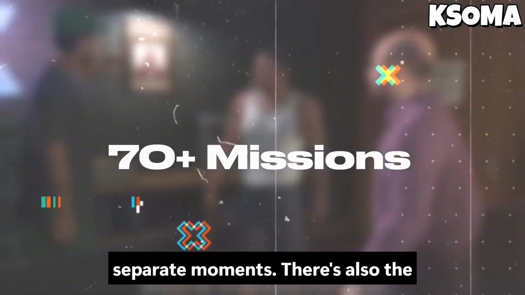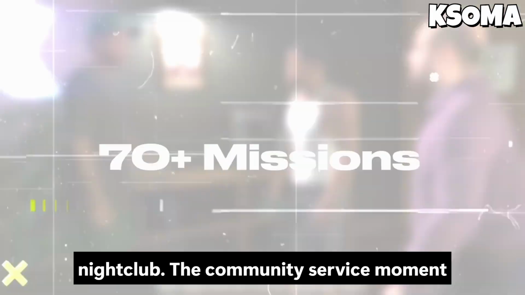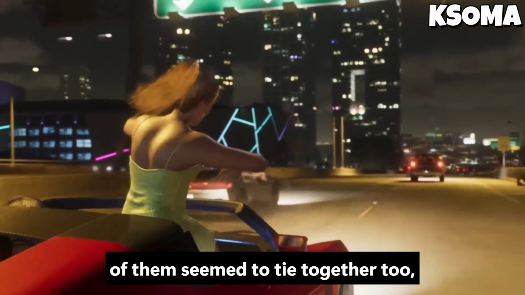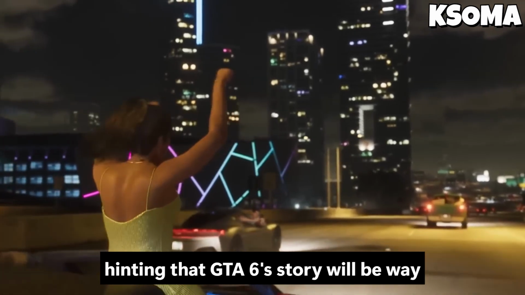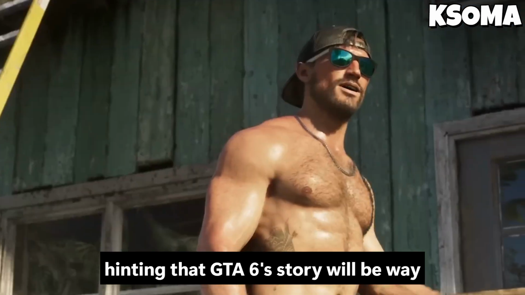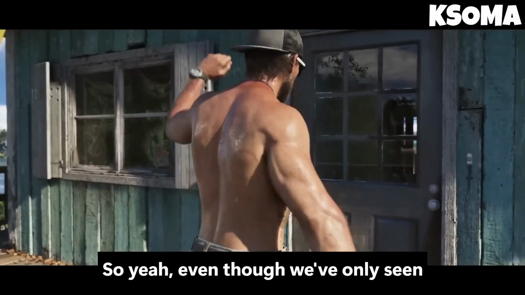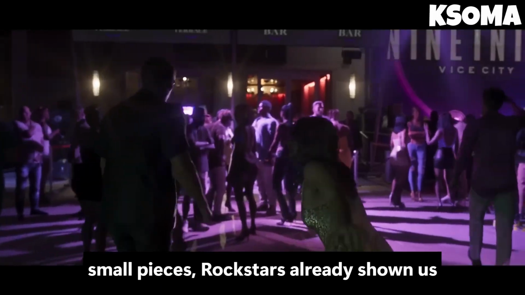It all looks like one connected storyline rather than separate moments. There's also the nightclub scene, the community service moment, and that bank heist involving Raul. All of them seem to tie together too, hinting that GTA 6's story will be way more cinematic and connected than before. So yeah, even though we've only seen small pieces, Rockstar's already shown us a surprising amount of the